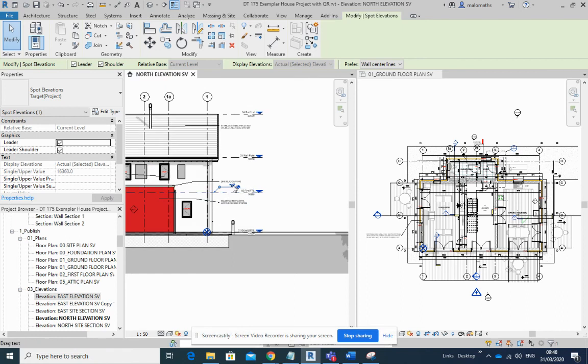And where would you use those spot elevations? Perhaps maybe for fixing the head of windows, or for the underside of beams, or something that is a little bit awkward in terms